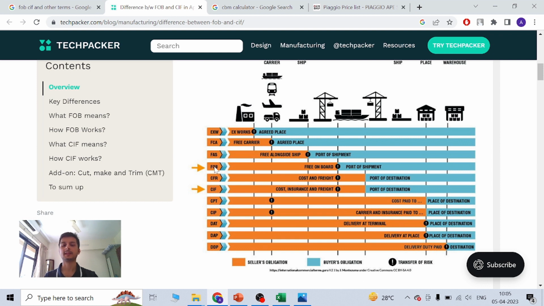Second, it is FOB, free on board. Free on board means I have the risk till I have put the products in the container. I have to do customs clearance, take the products from my shop to the port, get the bill of lading and shipping bill, and hand it over to you. But the freight charges from my country to your country will be paid by you. So once I put it in the container, my risk is over. This is my port and this is your port.